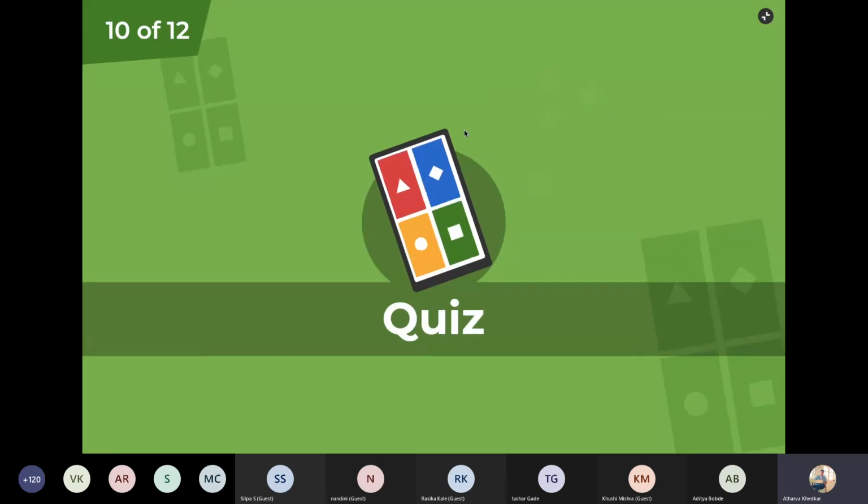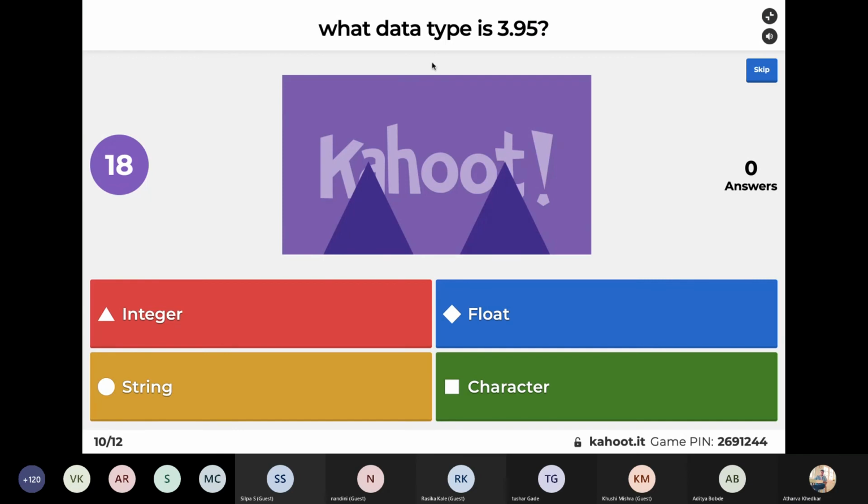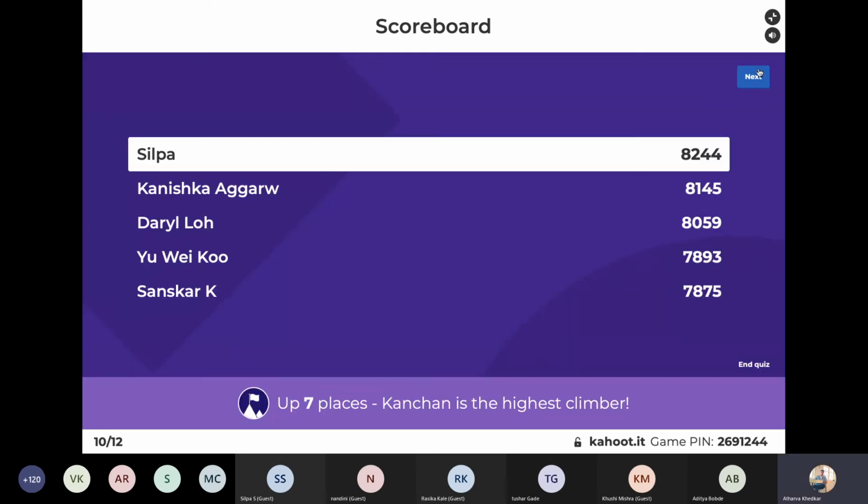Okay, Shilpa is still on the first place. So what is the data type of 3.95? Absolutely correct.